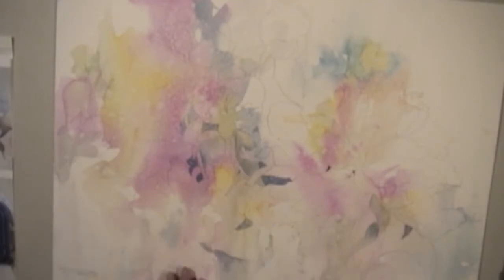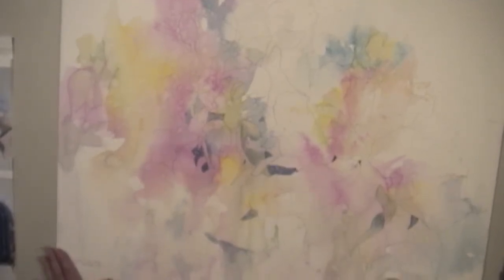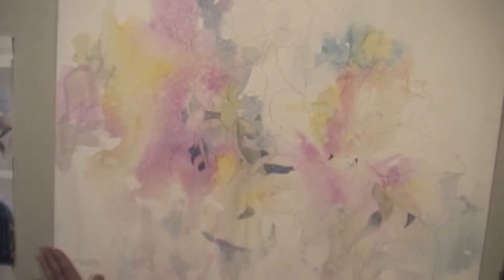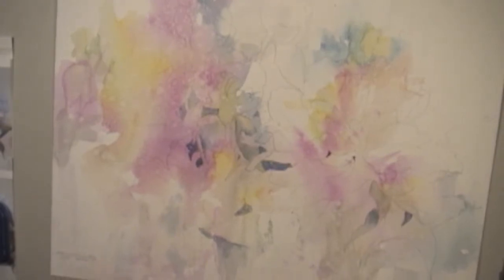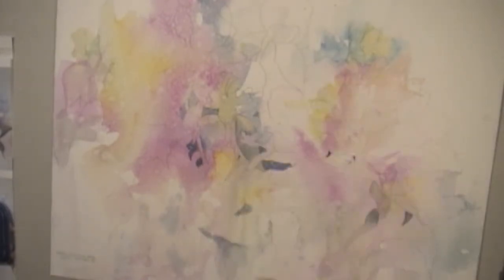So this is the start I did with these same three colors, so we don't have to wait for that other one to dry. And it does have to be totally dry before you can draw on it. And then I eventually decide what it's going to be. And in this case, I decided on peonies. And believe it or not, this is going to be a white peony with a bunch of buds, and it'll evolve. I try and do a reasonable drawing,